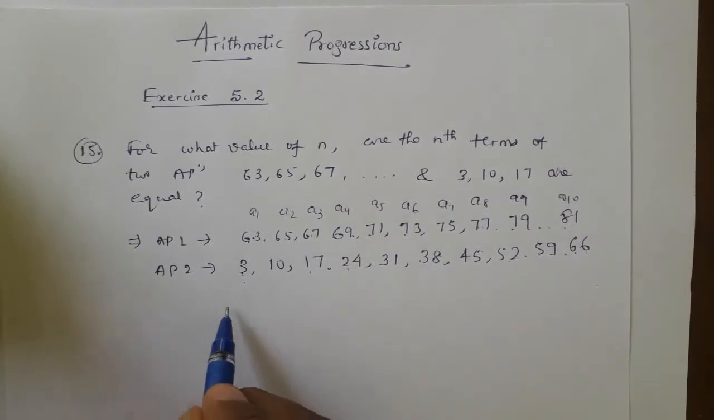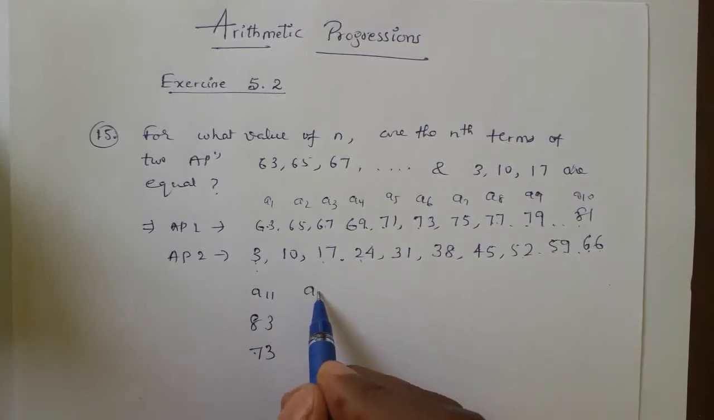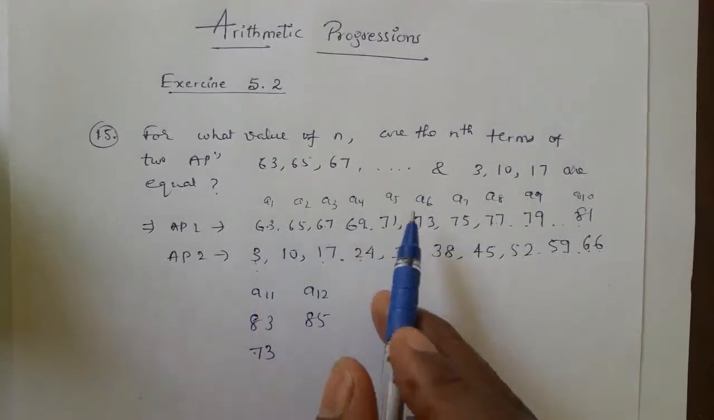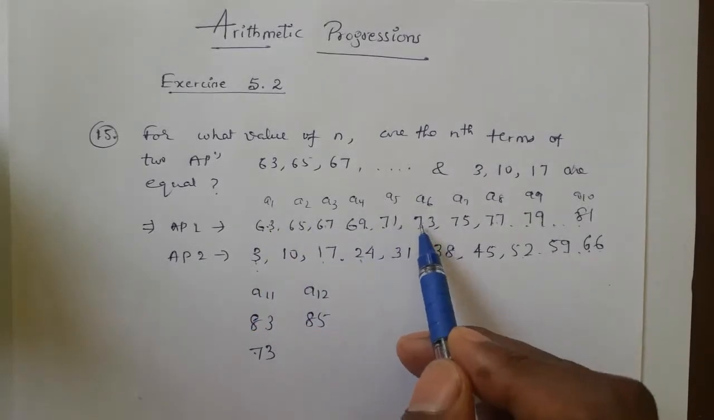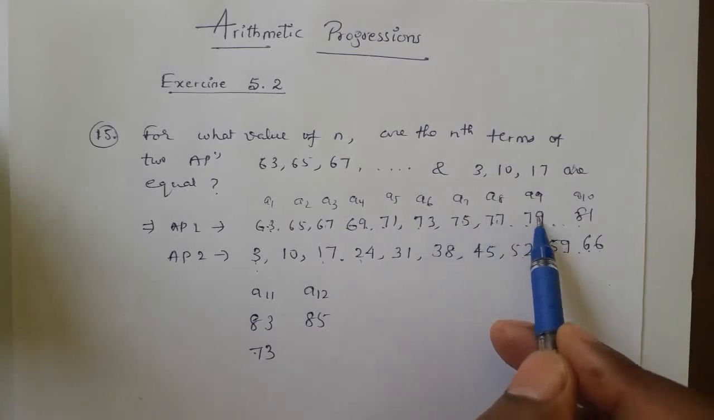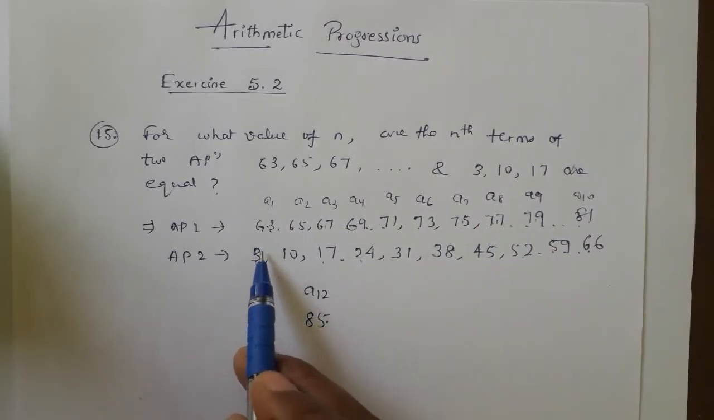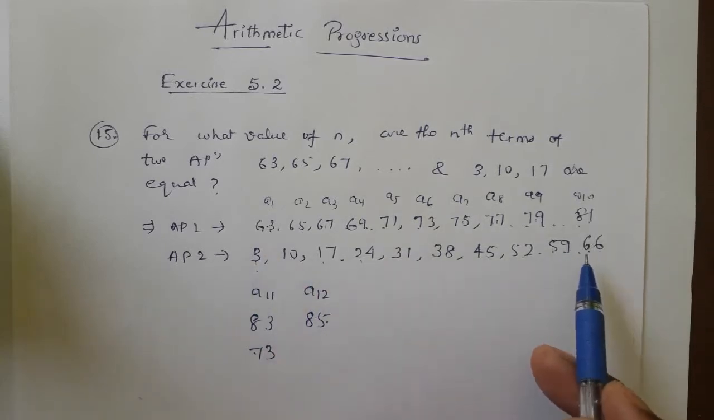Next, we go to the 11th term. In the 11th term, the first AP is having 83. The second AP is having 7 more, so it is 73. The next 12th term, 83 after 85. Look, I am writing all the terms by increasing by 2. The first AP is having 2 as the common difference. So I increase 73, 75, 77, 79, 81, 83, 85. But the second AP started from a low value. Of course, it is having 7 common difference. So 7 is increased